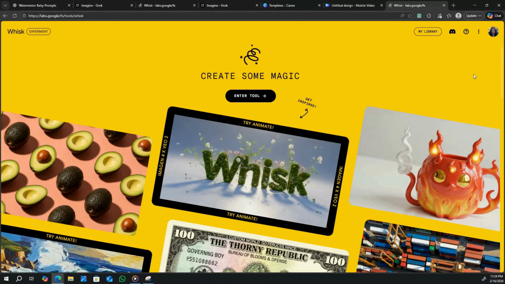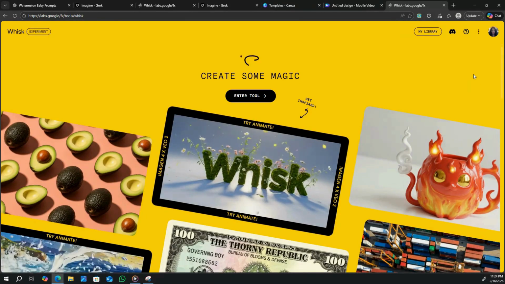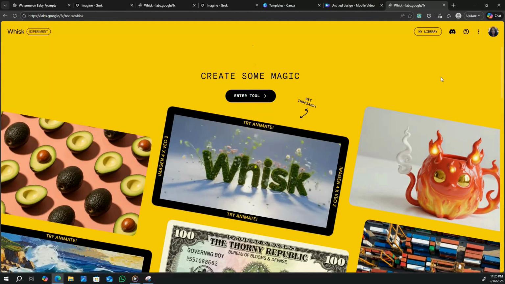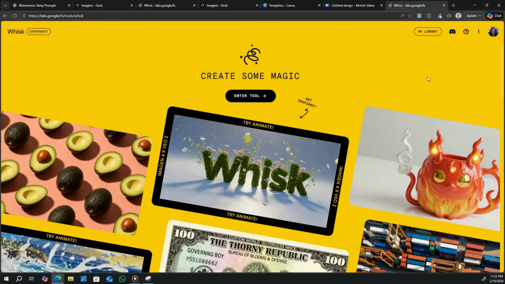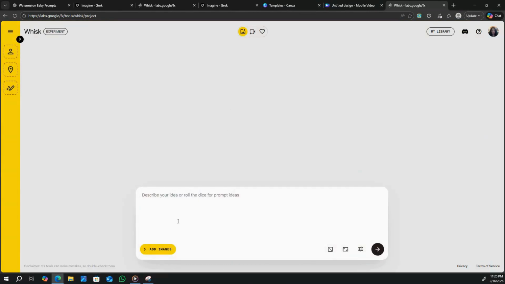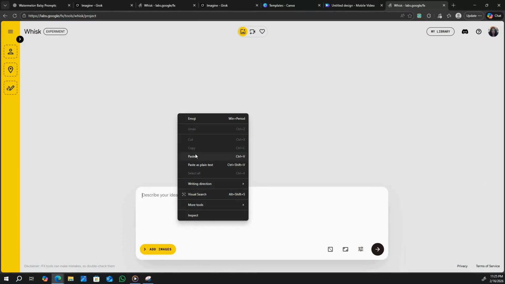Okay, guys, so I already have an account with Whisk. This is a free tool. It does give you free images. So you can sign up using your Gmail account or create an account using an email. Once you do have your account made, go ahead and enter the tool, and I'm going to right click